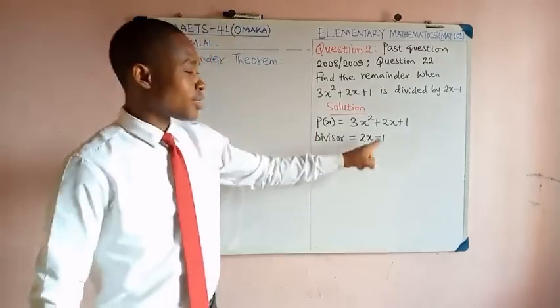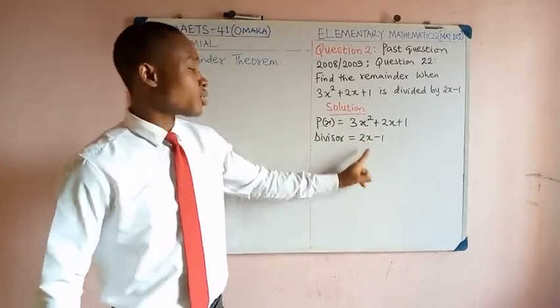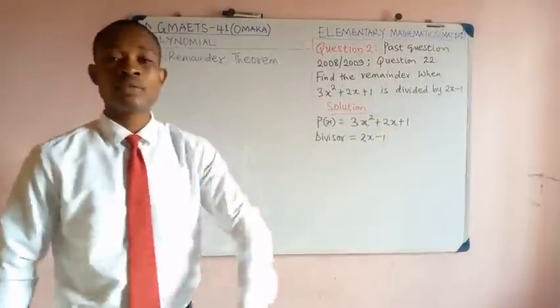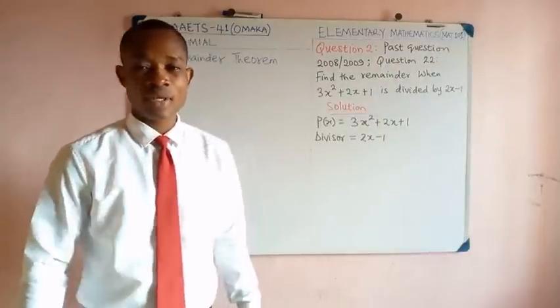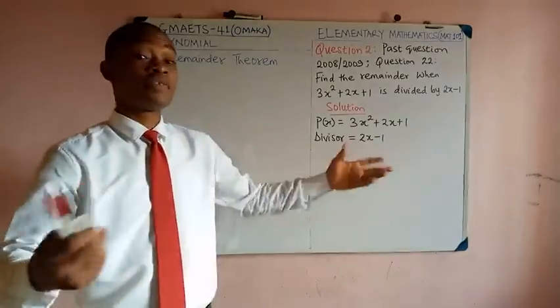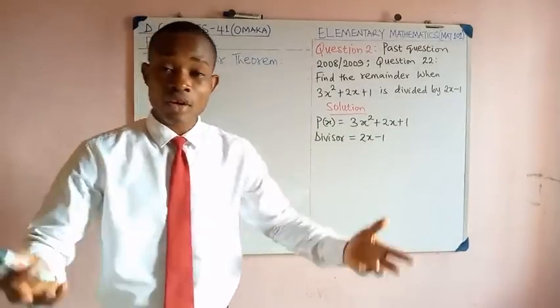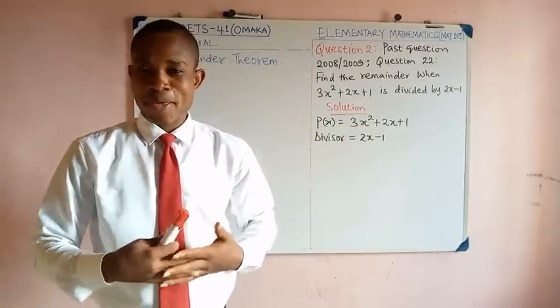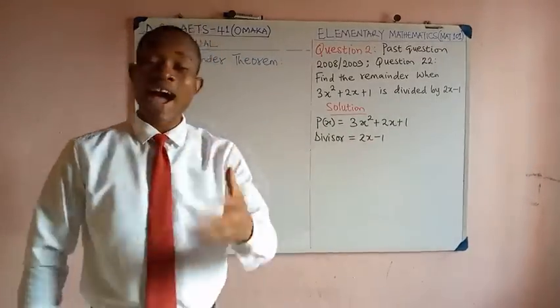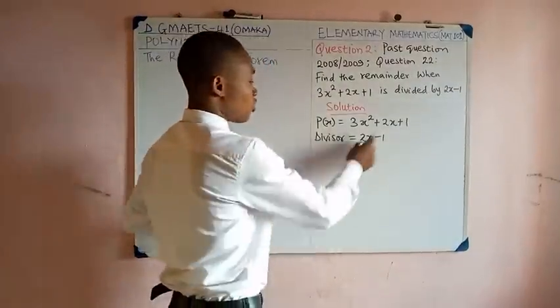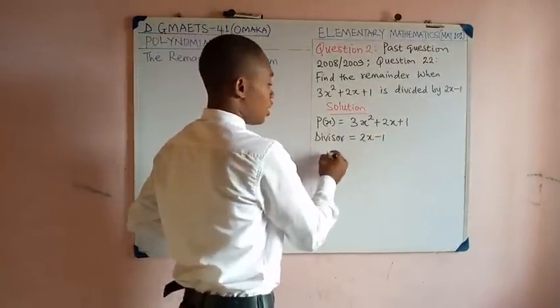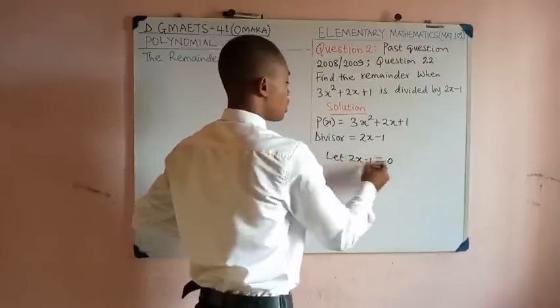Especially so as the divisor is a linear divisor. Take note that the highest power of the unknown here is what? 1. As it is a linear divisor, are you getting me right? It is ideal to use the remainder theorem. If it were to be a quadratic divisor per se, I would prefer that you use either the long division or the Omaker's short division method. But since it is a linear divisor and you are asked to get only the remainder, please go straight ahead and use the remainder theorem. So I would say let 2x minus 1 equal to 0,